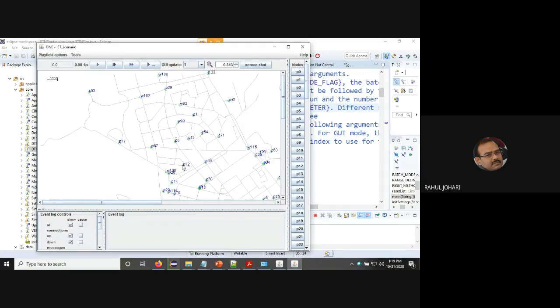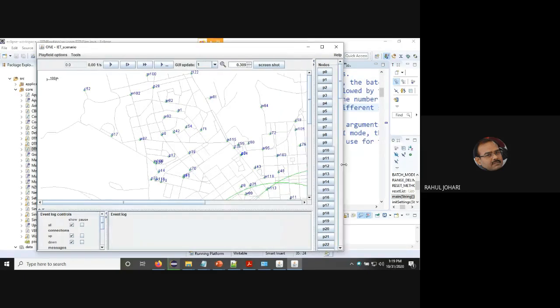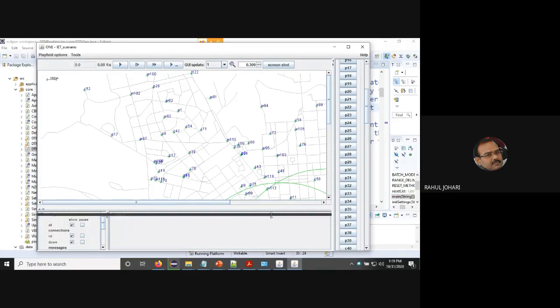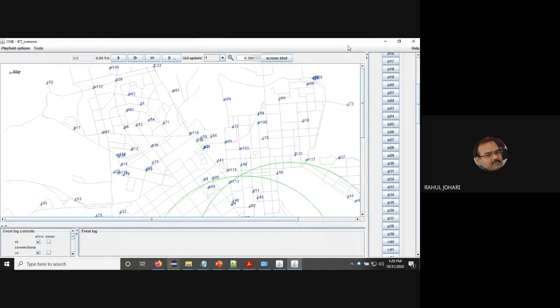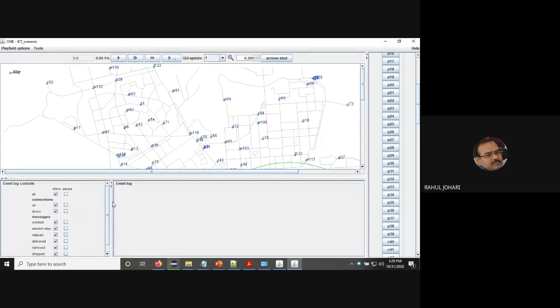The network which we have chosen the files, and you can see here on the right hand side the pedestrian nodes come. All the information about the nodes are available here. The city map of the University of Helsinki is available here. Nodes are available here. The walkways, the pedestrian, the cars, the trams, every kind of the node is available here. So when you run this, this should make the things much more transparent and clear.